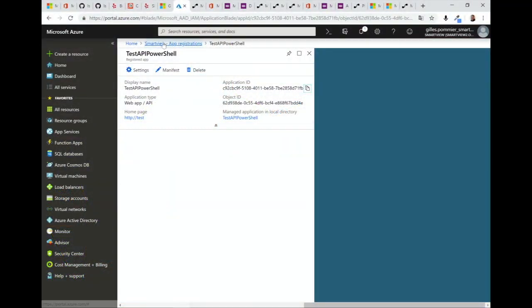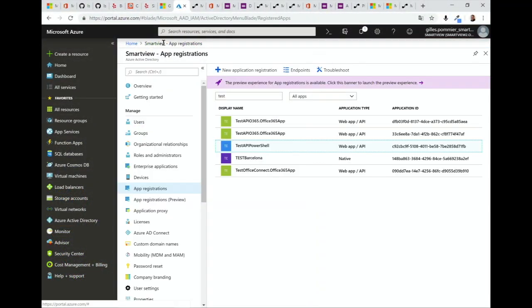So what I want to show you now is why I'm using a custom connector in Flow. One common example is Graph API. If you want to use Graph API, you know that you have to create an application in Azure.